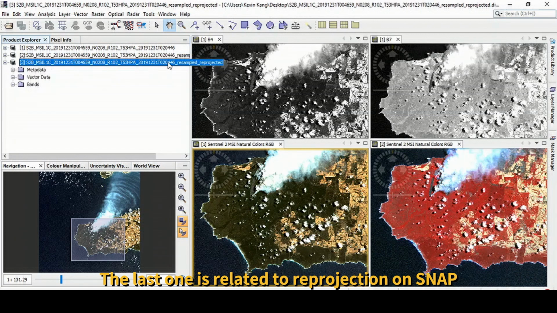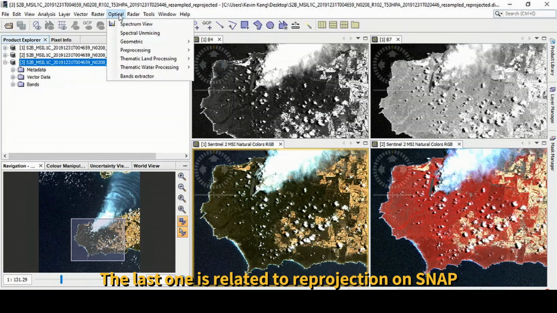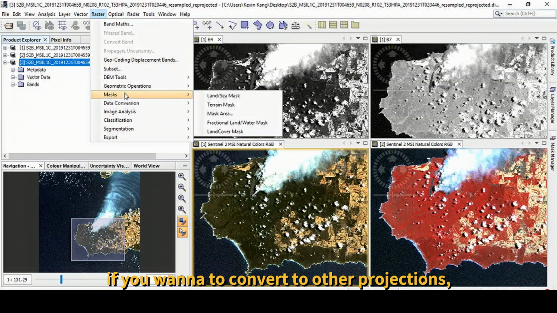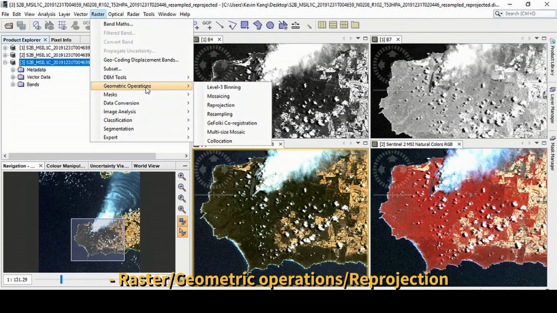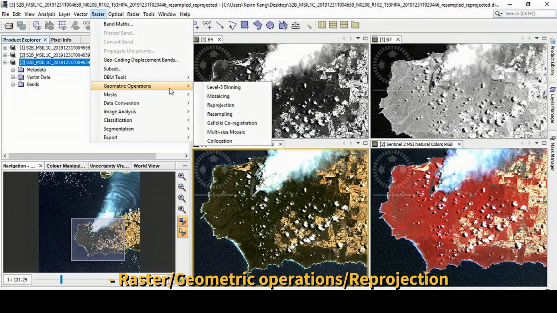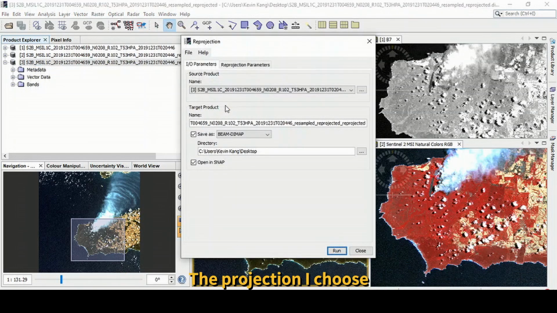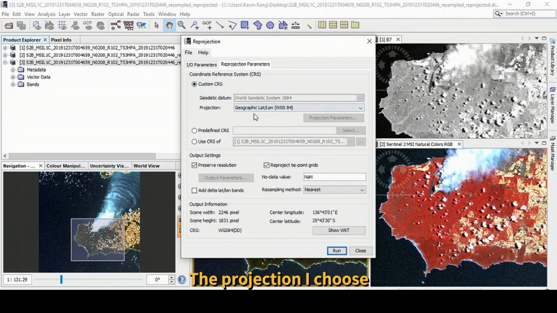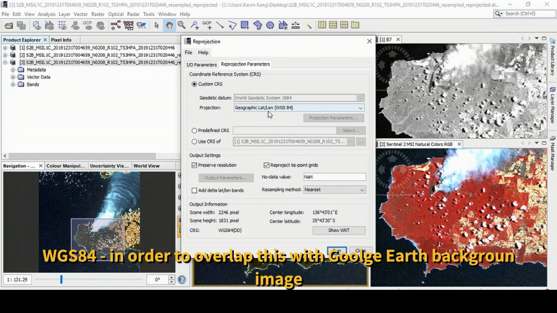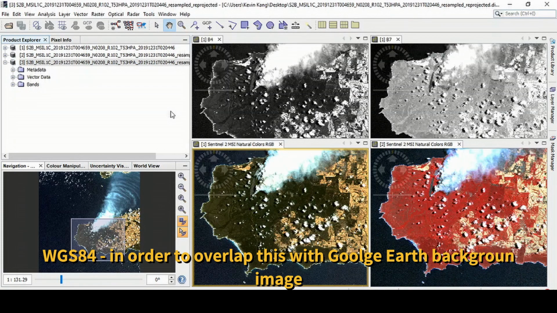So last one, I already did a reprojection. So from the raw data, if you want to convert to another file, you need a reprojection, just raster and then geometric operation. Click reprojection. I chose geographic latitude and longitude, WGS 84, from Sentinel-2 to overlap on the background in the Google Earth.